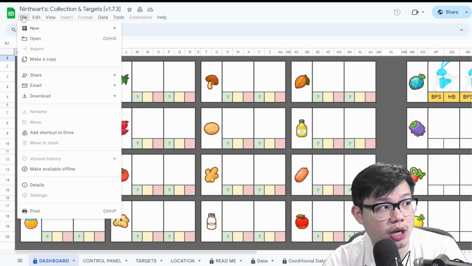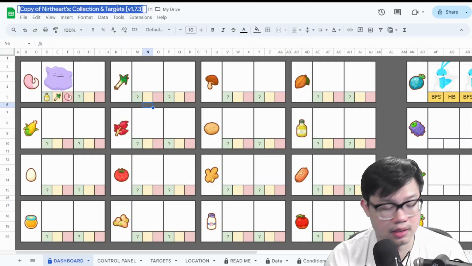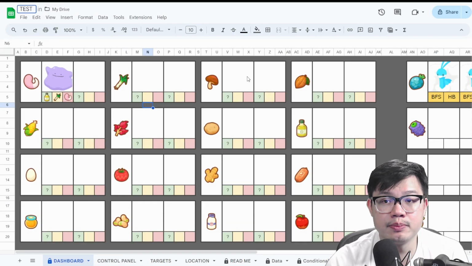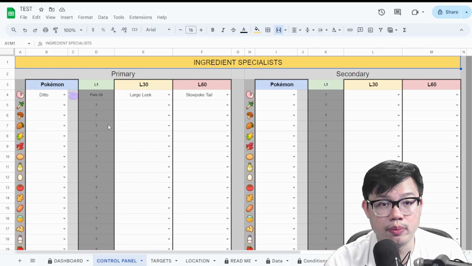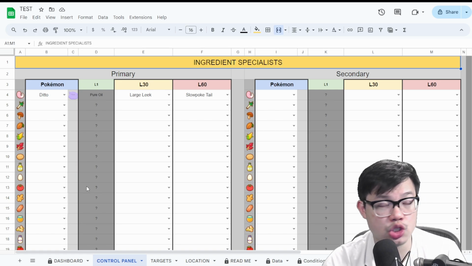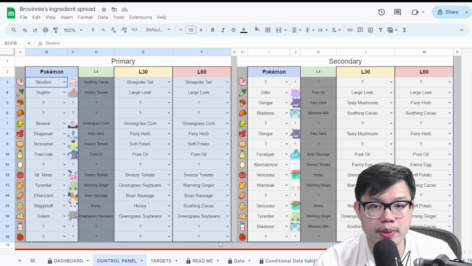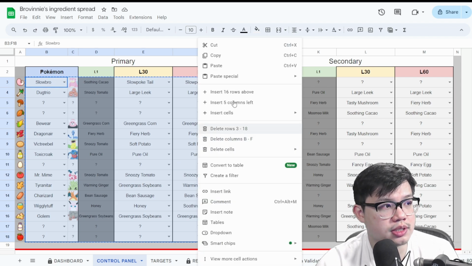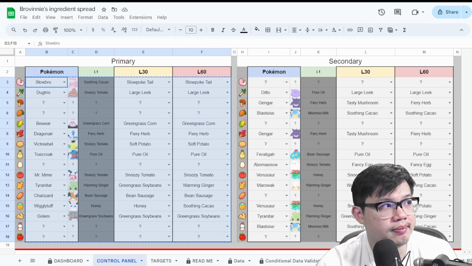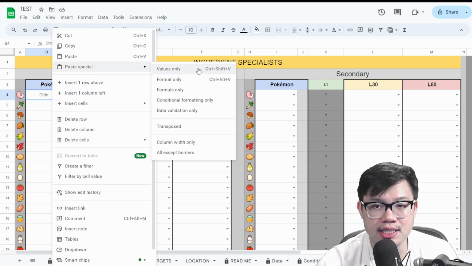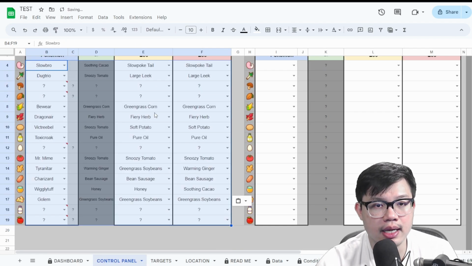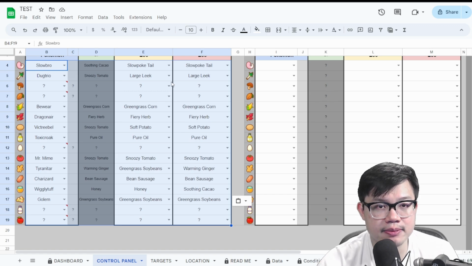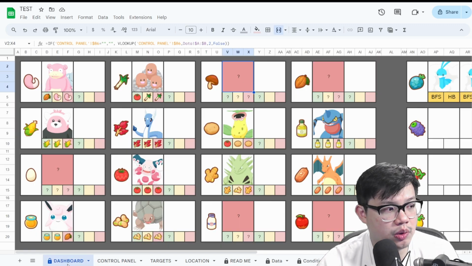Let's say I make a new copy now, and I'm going to call this test. And what I want to do is go to control panel, and of course it's all empty because it's a new sheet. Now what you want to do is copy over your current list. So for example, that's my old sheet. I copy this, so I go control C or right click and go copy. And then I want to paste value only. And as you can see, all the previous Pokemon gets added to the new sheet,